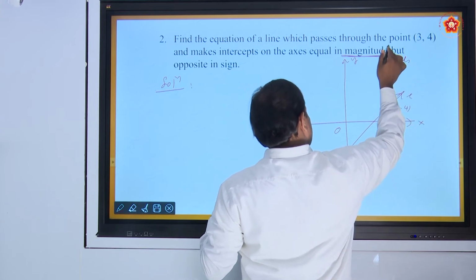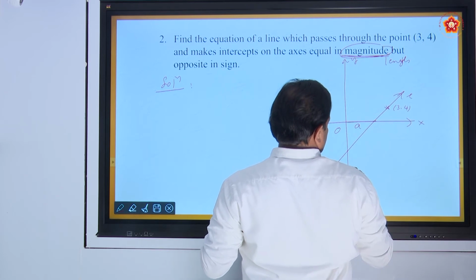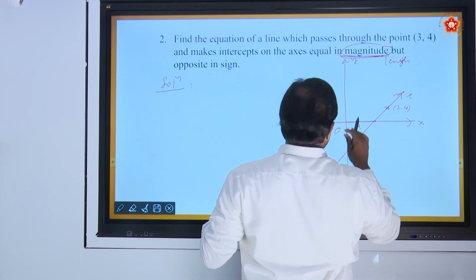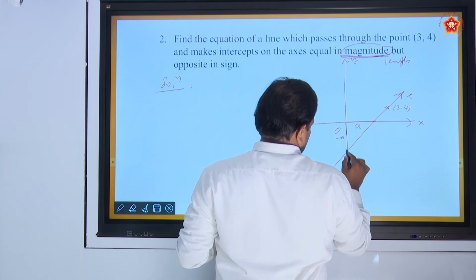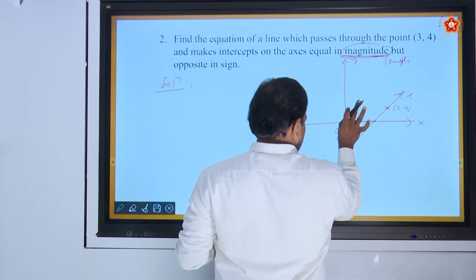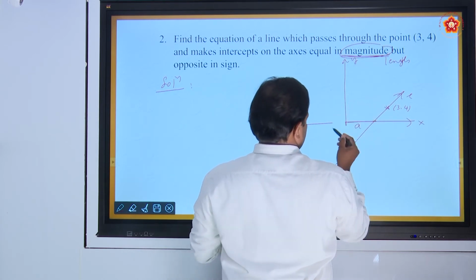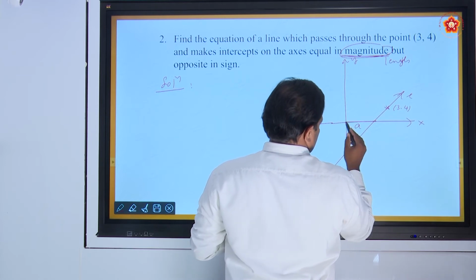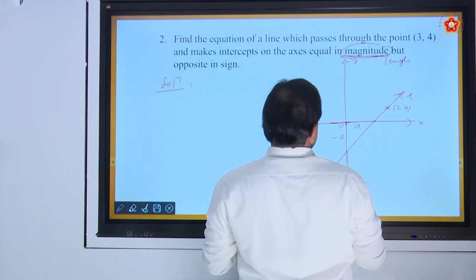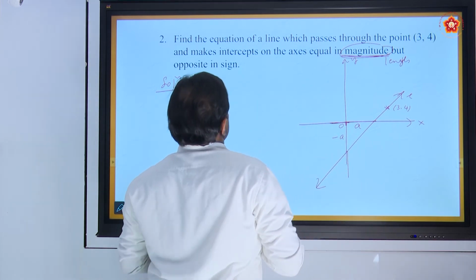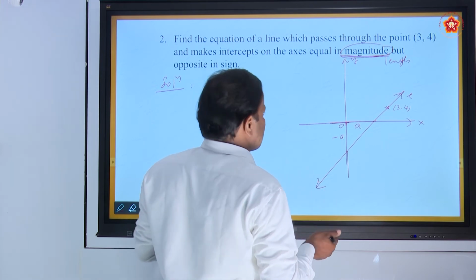Length equal magnitude. I take here A. Equal magnitude, but opposite sign. Opposite sign means you take this as minus A. Same, take A, but you take minus A because it is opposite in direction. Suppose the magnitude is same, this is minus A. Who is the origin? Simple. Opposite in sign: this is positive, this is negative. No need to draw the figure, you can directly solve the problems.